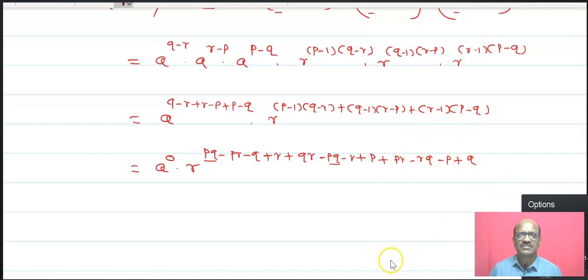Now next, simplify this. There is a pq plus pq minus pq get cancelled, plus pr minus pr get cancelled, plus q minus q get cancelled, plus r minus r get cancelled, and in this way we get,